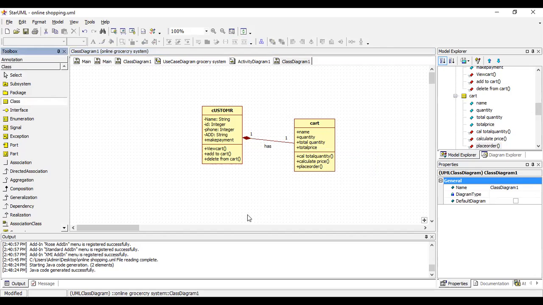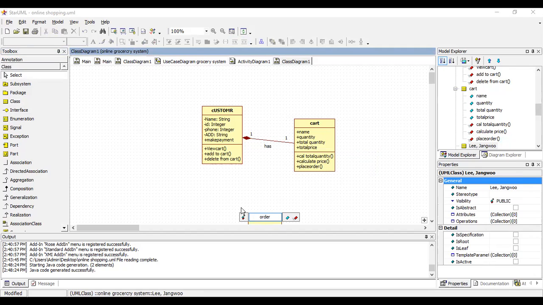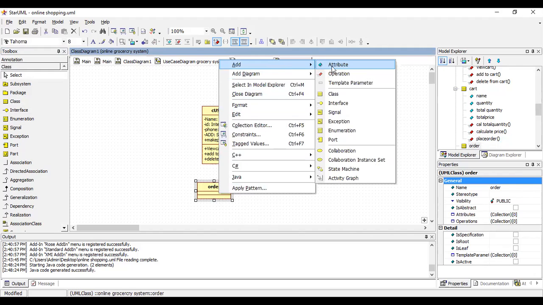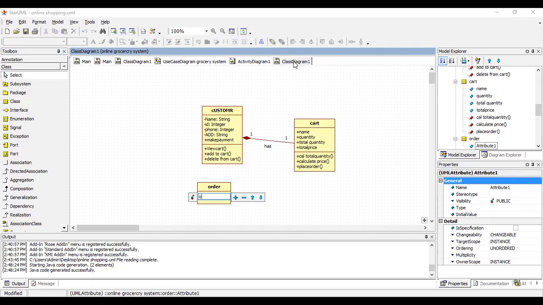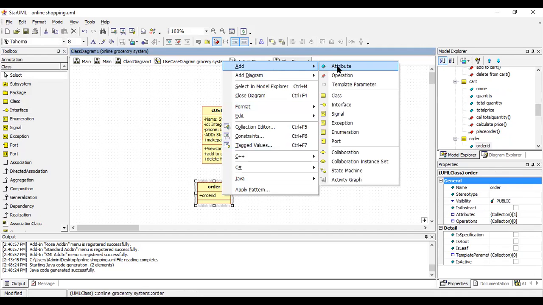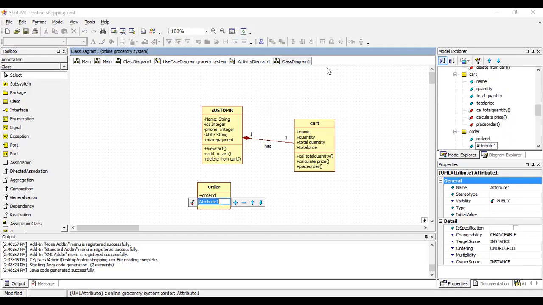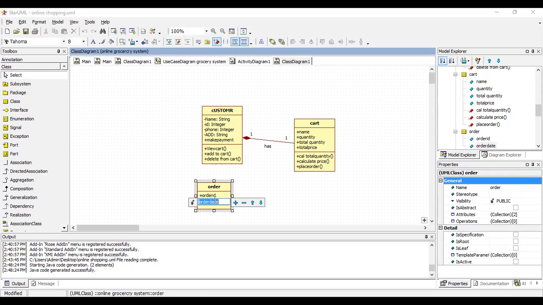Then you can create one more class, order. For the order class you can assign attributes like order ID. If you want, you can make all the attributes public. Then order date. For the order class you can put it as private. Order ID also you can put as private. So for the data type of the order ID you can select here